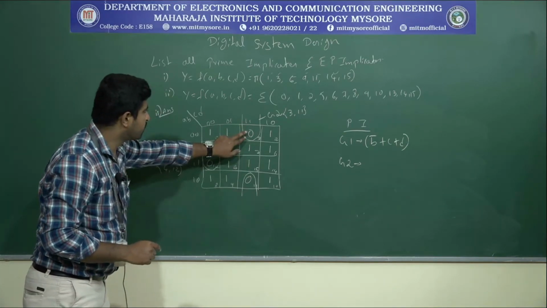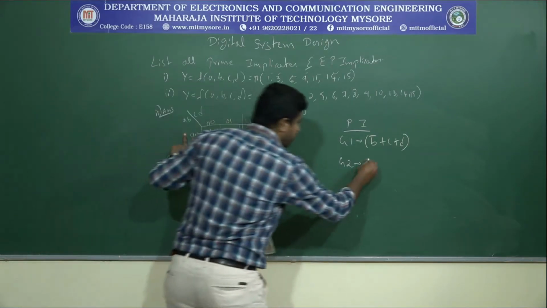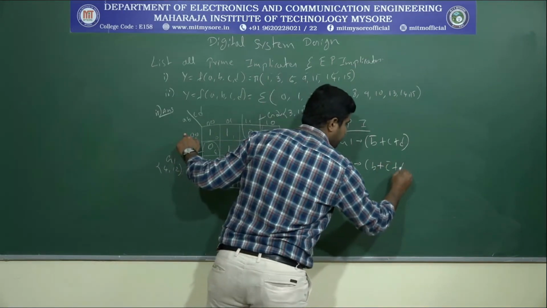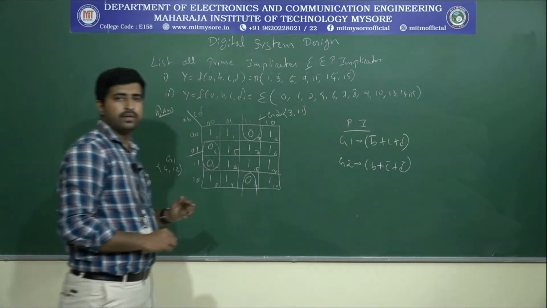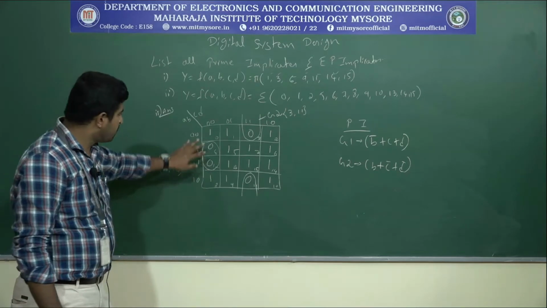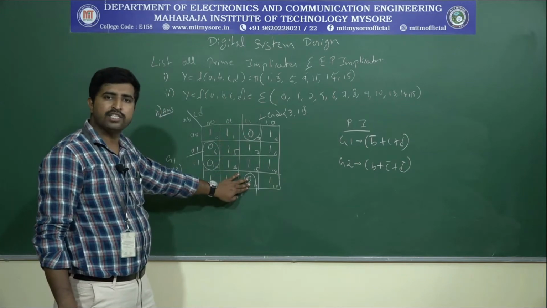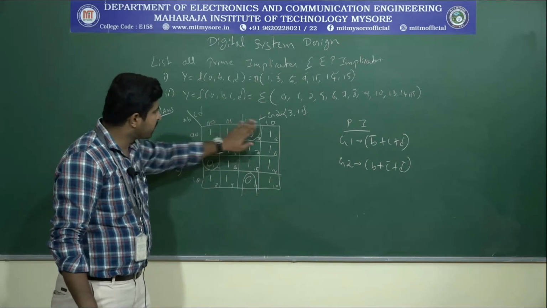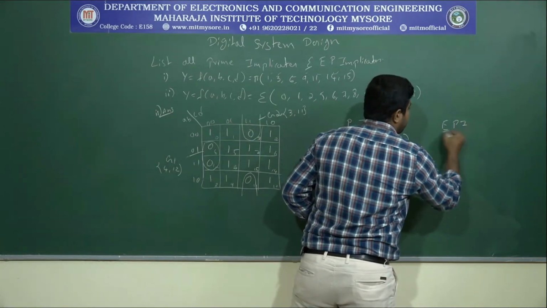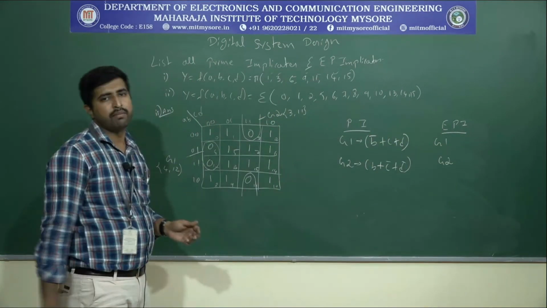So next is group 2. Group 2 is 3, 11, that is 0, 1 B plus 1, 1 C D, so that will be C bar plus D bar. Okay, and to find the essential prime implicates, all the cells 4, 12, 3, 11 are essential cells. So group 1 and group 2 will again be the essential prime implicates.